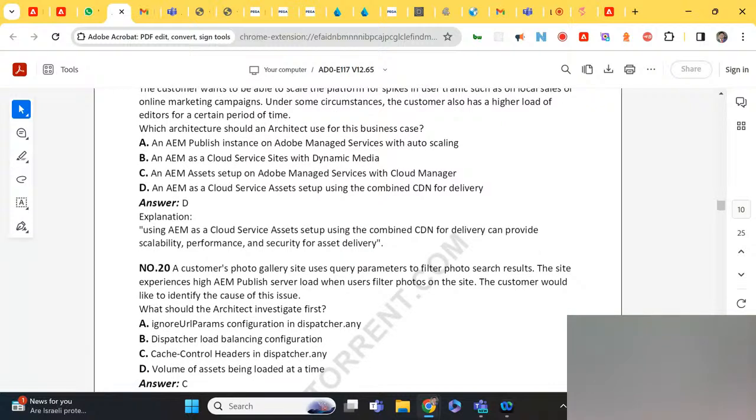And D, volume of assets being loaded at a time. The site is using query parameters to filter photo search results.